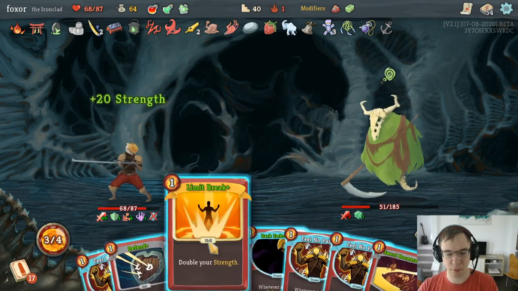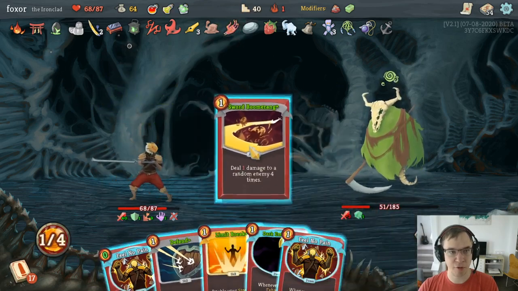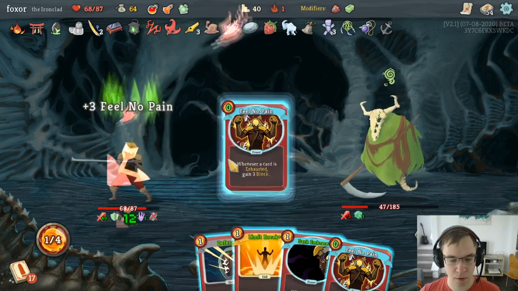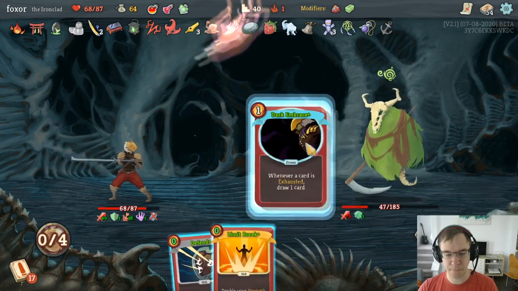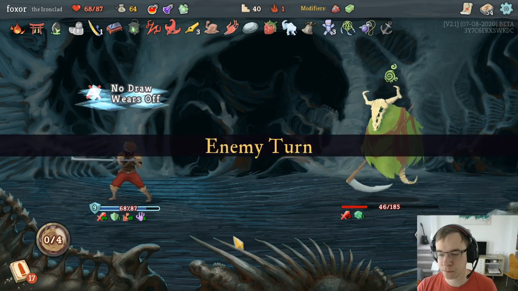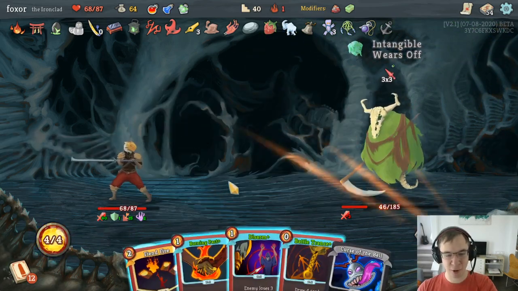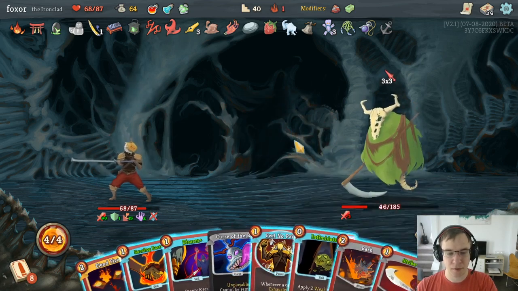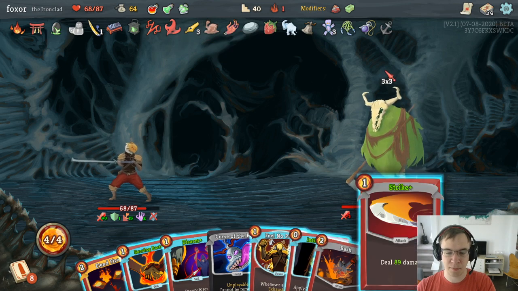I guess I'll play more Limit Breaks. This is just to get us back to Pen Nib. I'll play them if they're free. Might as well play all the cards, I suppose. Up to 80 strength. He has 46 health, so I think we're getting him. We could theoretically wait and charge up Pen Nib, but let's...